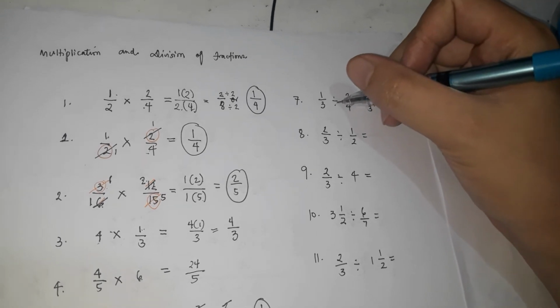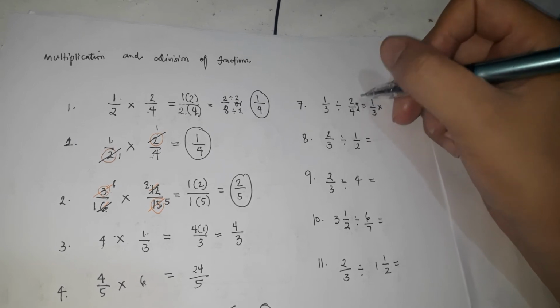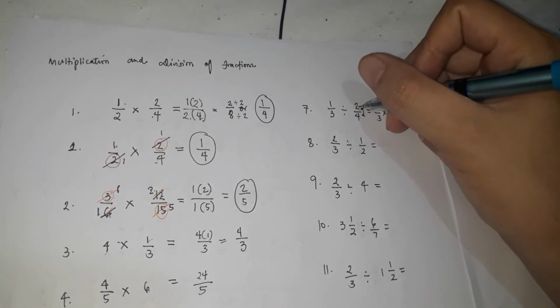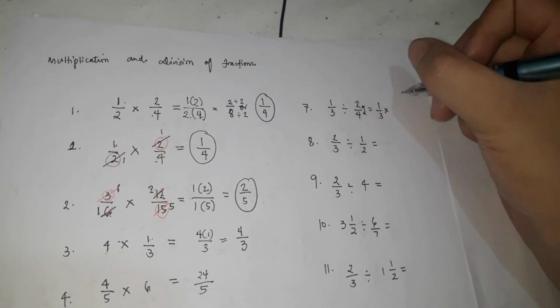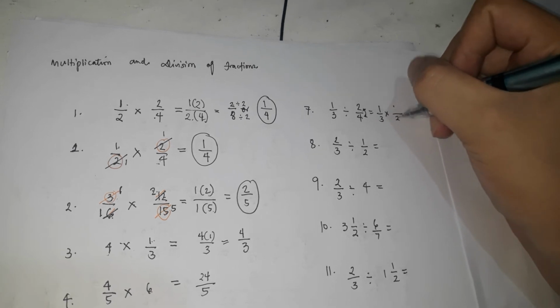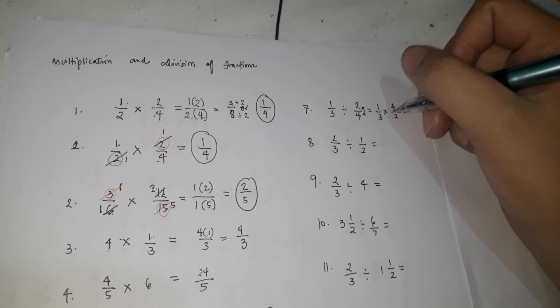Pero kung gagawin mo siyang multiplication, kailangan mo itong i-reciprocate or ibaliktad. Ang 4, pupunta na sa taas. Ang 2, pupunta na sa ilalim. So, dahil ganito na siya, you can simply